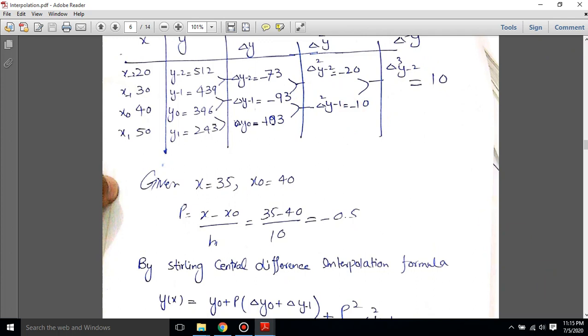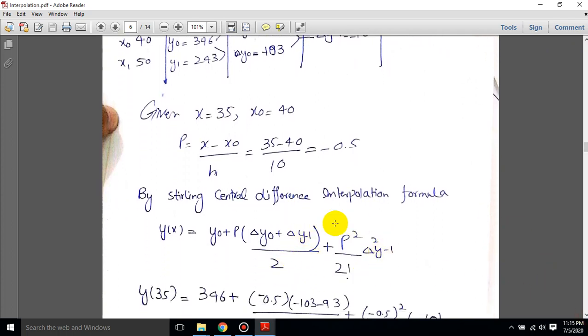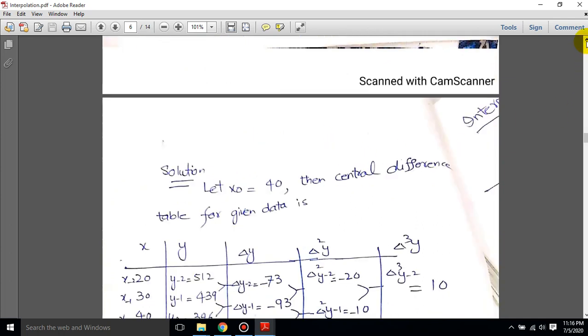So that's why we're going to define the table according to this, only through this term here. Now p is equal to x minus x naught over h, where h is the fixed length that we are consistently talking about. If we're going to find the p here, that will be equal to x, where we have to find the value, that is 35, minus 40. This was our central value that we are talking about. Actually this is the starting value, but we are using a central difference interpolation formula. That's why x naught is equal to 40 here. 35 minus 40 divided by 10, where h is 10. I have not defined the h here, but h is given.